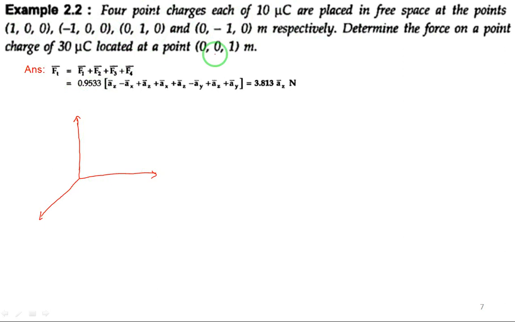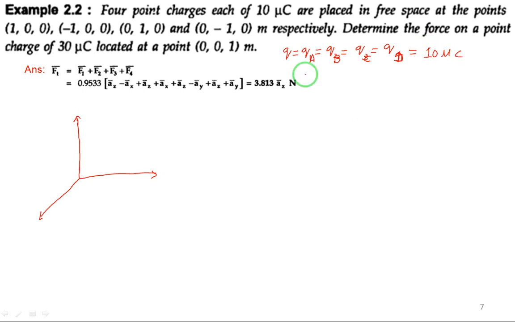So first let me call those 4 points where charge 10 microcoulomb is located. All the 4 charges are the same, so let me call them charge QA, QB, QC and QD. I have my own reasons why I called them QA, QB, and later I will explain. Each is equal to 10 microcoulombs.